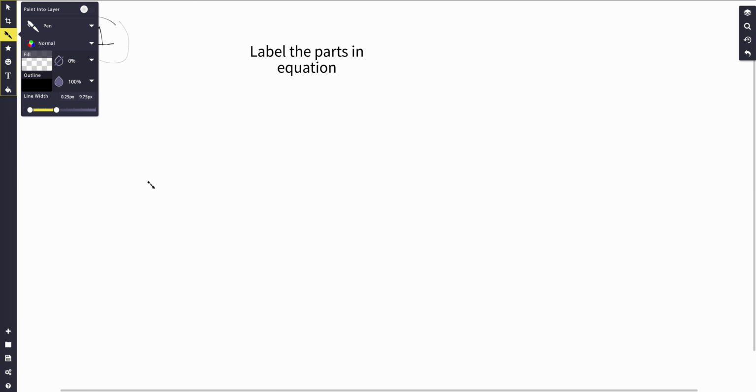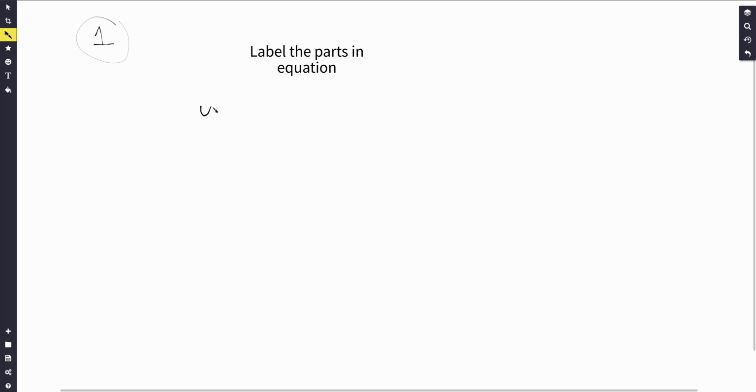Okay, so the first question is y is equal to 2 times x minus 3 squared plus 1. Remember, I'm going to write the original function that we have: y is equal to a times x minus h squared plus k. And remember, h is opposite. So let's identify the vertex